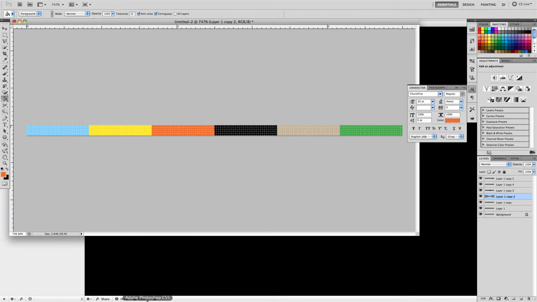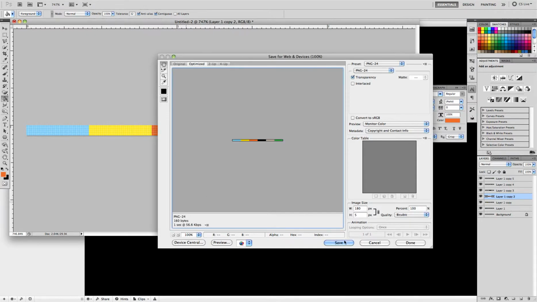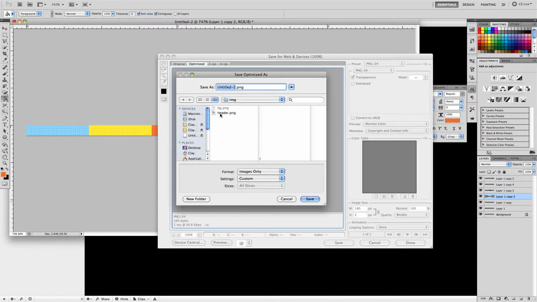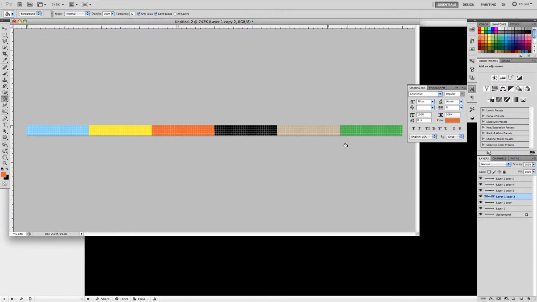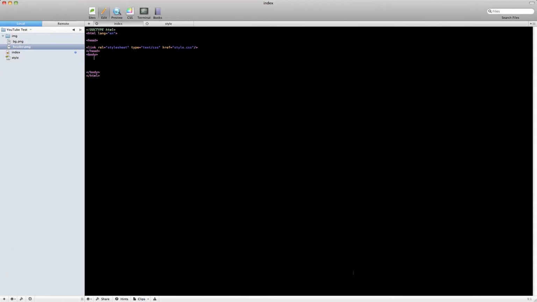And I've already got my header image made with just some random colors thrown on here. And I'm going to save that out for web and devices into the image folder that I have for my website folder, inside the root of it. Wherever you have your images stored for your website, that folder is going to be perfectly fine. Then we'll go into our text editor, in which I'm using Coda,